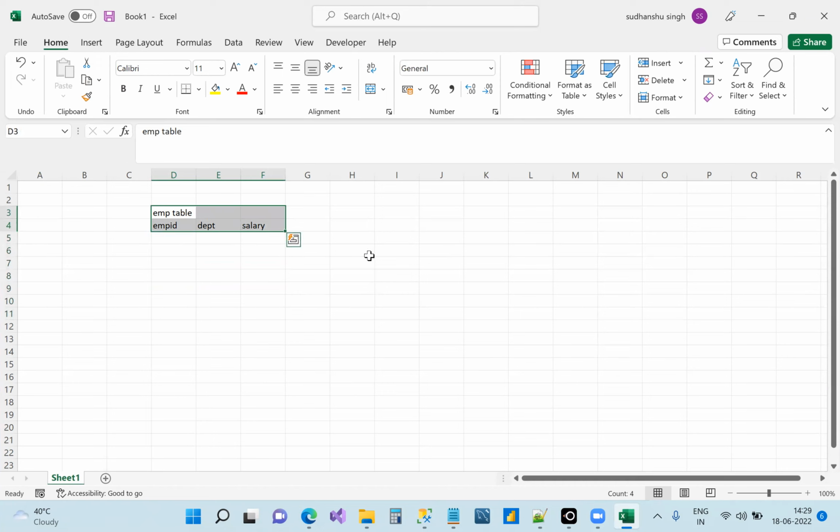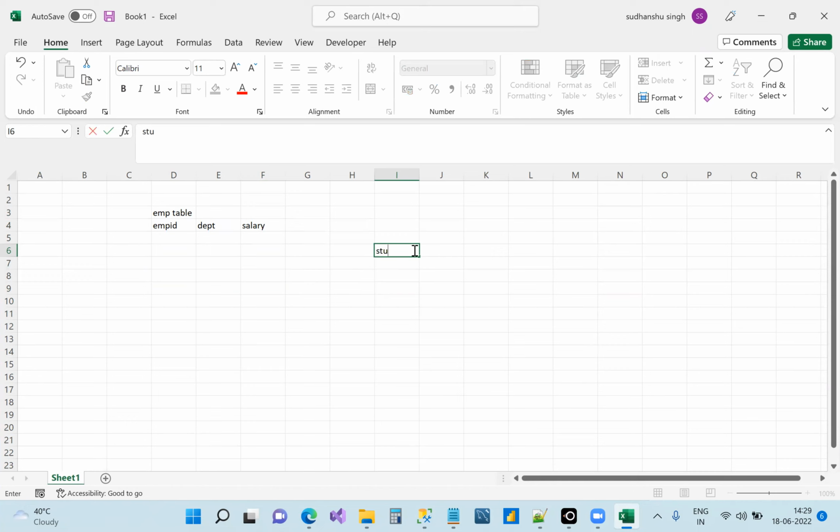In layman language, suppose again I start. If someone asks me to create a student table, what will I do? To create a student table, I need to define. So first thing I'll do, I will say what is my table name. Suppose I'll write student table. Okay, and then in a table we should have columns. So what are my columns going to be? Suppose I'll write name of the student, class. So this is again defining the table, isn't it? Yes or no?